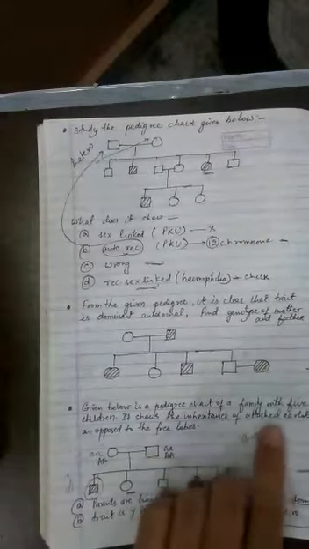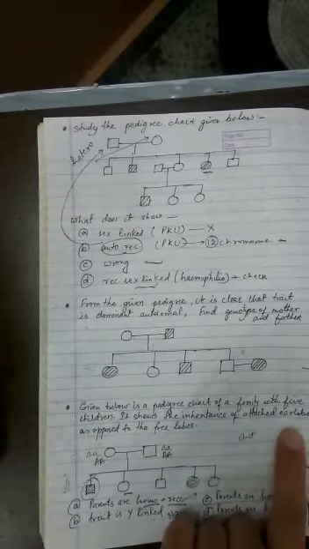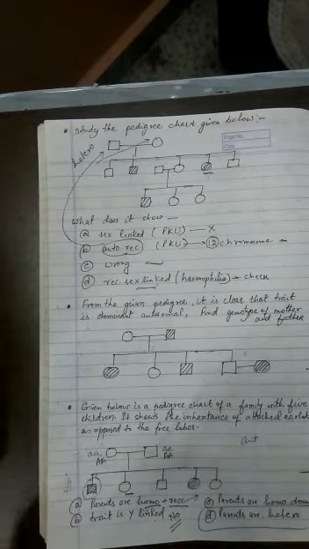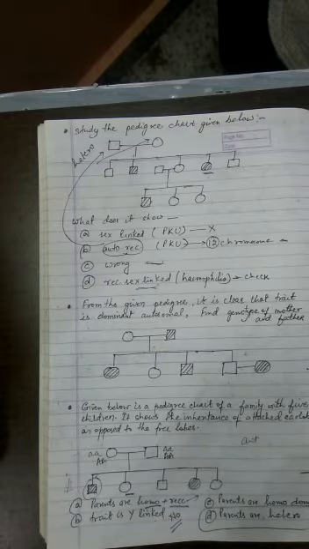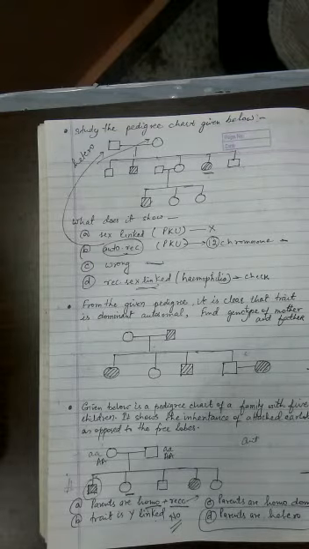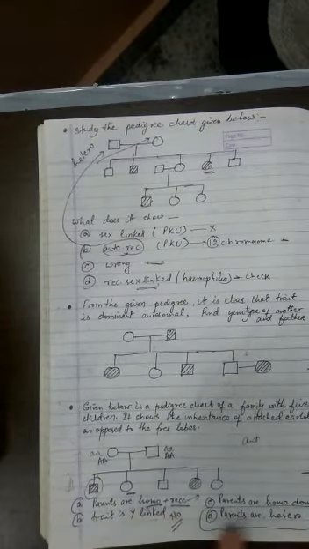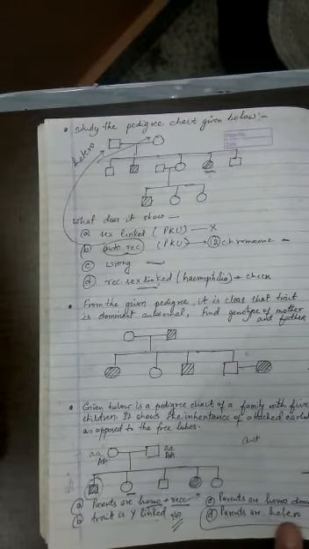So which character are they talking about? Attached earlobe. Remember, free earlobes are dominant and attached earlobes are recessive. That's why you will find in the Indian population also, maximum people have free earlobes and very few have the attached earlobe. If you see European people, on the contrary, you will find they have more recessive characters, plus attached earlobes are more common compared to free earlobes. So now the question is, whether the parents are homozygous recessive, or homozygous dominant, whether the trait is Y-linked, or whether the parents are heterozygous.